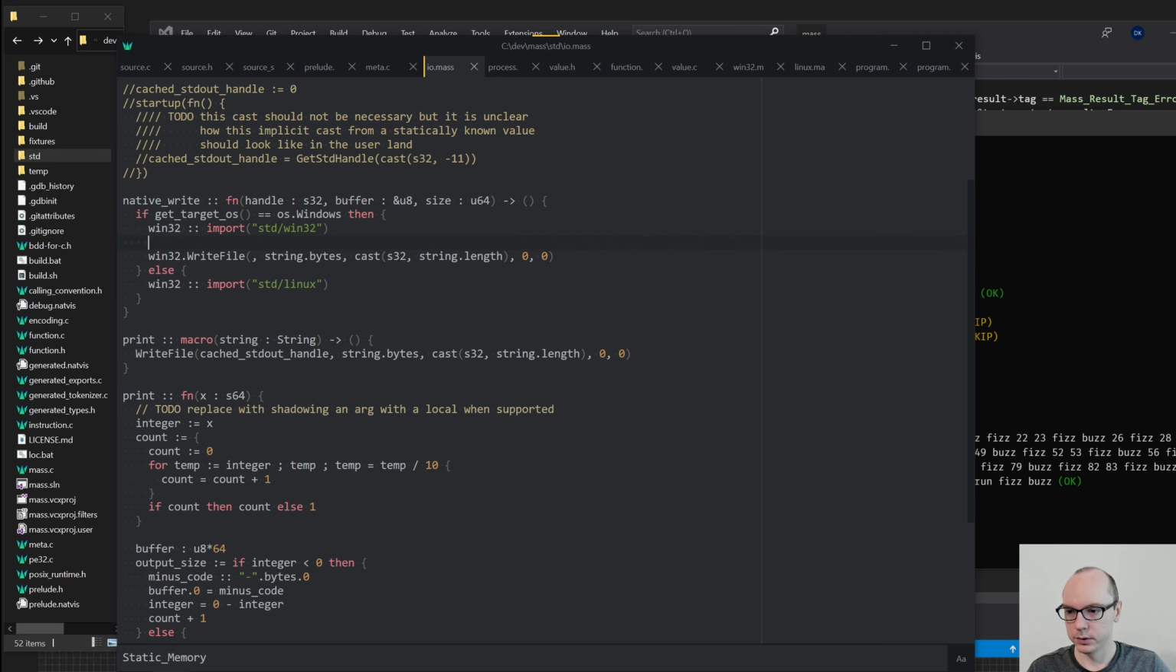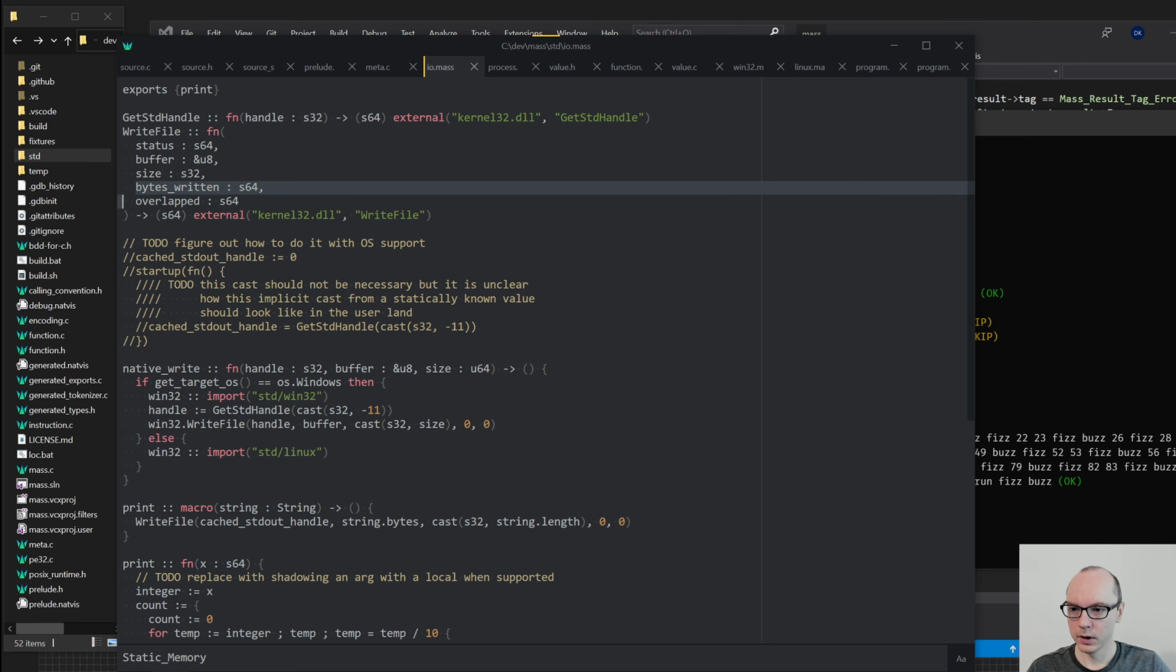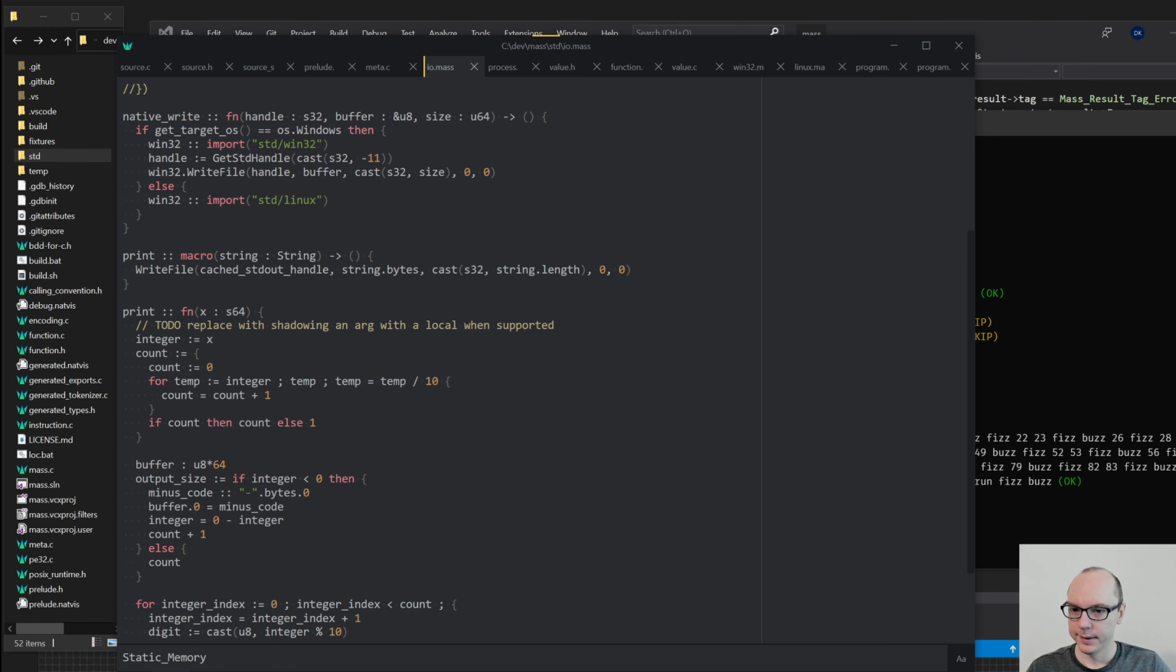Maybe I'll just do handle, and then just use handle, and we'll put here buffer, and here we put size. Written or overlapped, that's okay. And